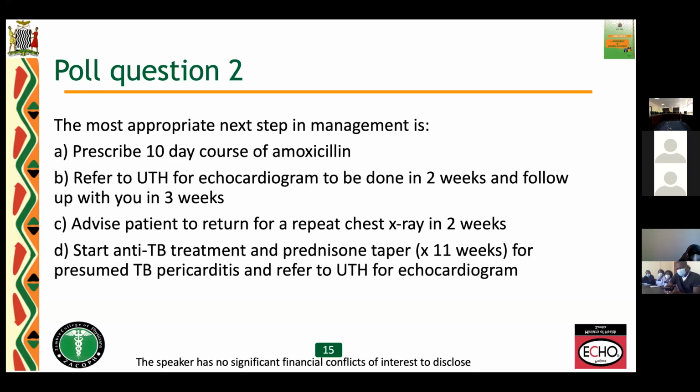The patient has evidence of severe edema and shortness of breath. And in our setting, this is going to be the most common cause of infectious pericarditis. And time is of the essence. So in this patient, the most appropriate next step would be to start TB treatment and to initiate that with prednisone, because the pericardial sac is a fixed space, and the extent of advanced TB pericarditis in this